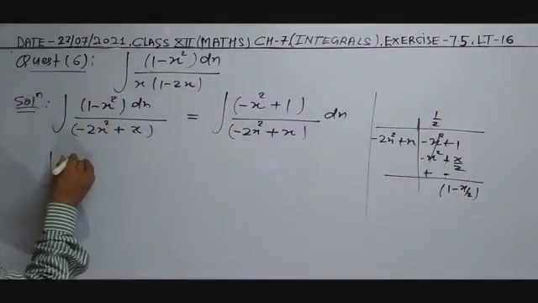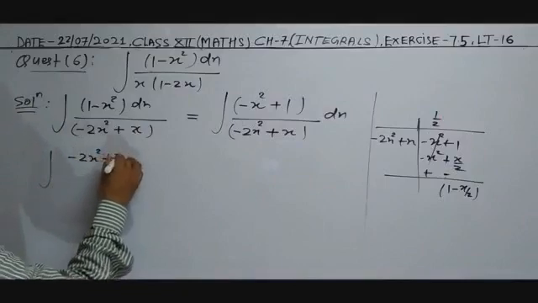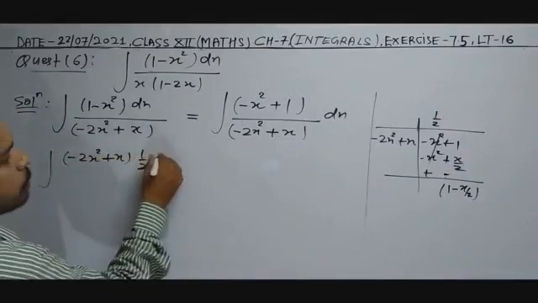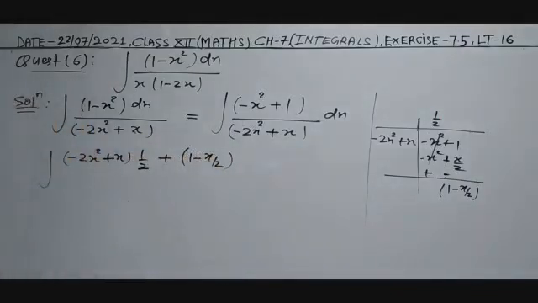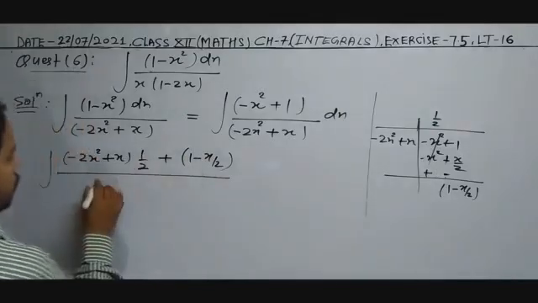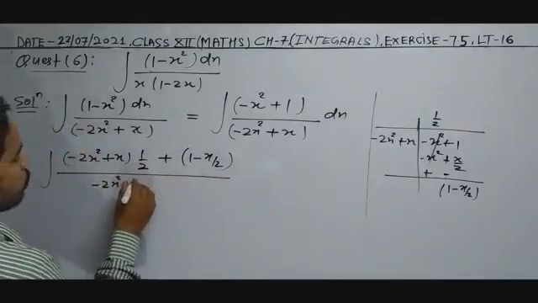We can write minus 2x square plus x times 1 by 2 and plus 1 minus x by 2